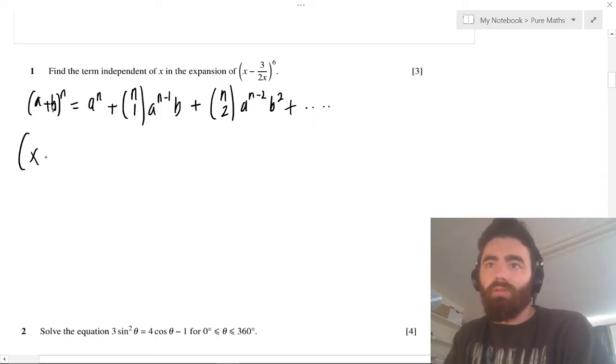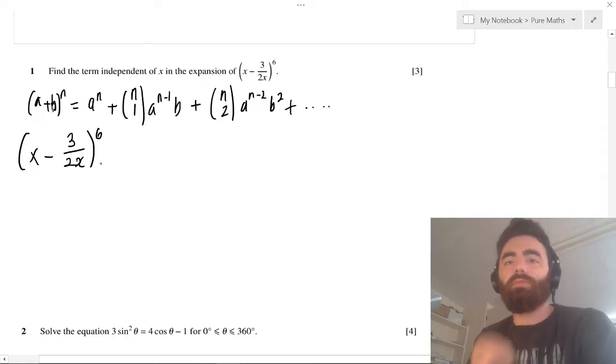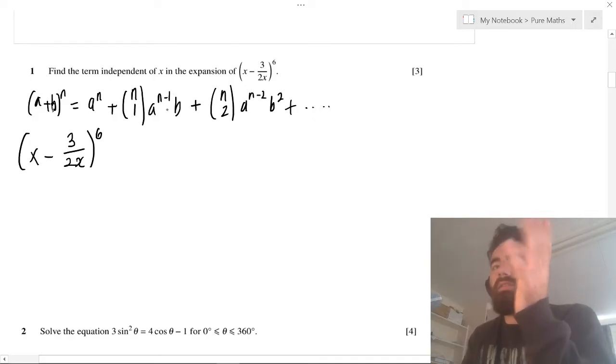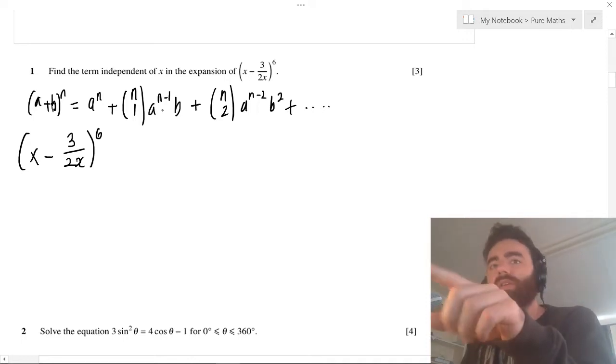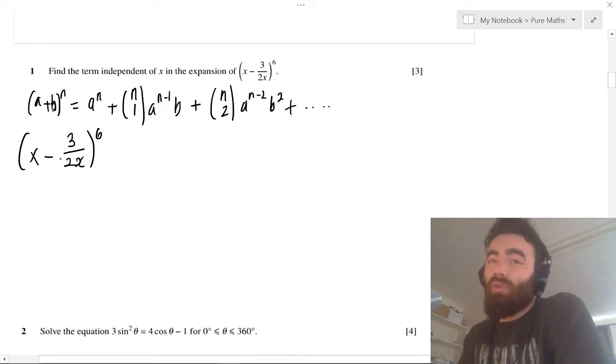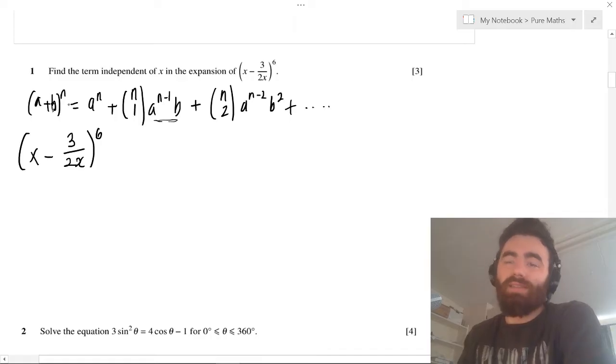So in our expansion of this, our a will be x, our b will be minus 3 over 2x, and n is 6. So independent of x means a constant term, so there's no x squared, no x cubed, none of that business in the term we want to find. We've got an x for our a, and a 1 over x term for our b. So when we multiply the a and b parts, we're going to want the powers of a and b to be the same. And because n is 6, that'll occur